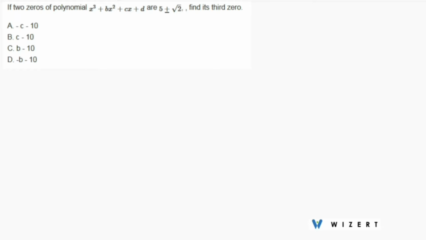We have this question here. If two zeros of polynomial x cube plus bx square plus cx plus d are 5 plus minus root 2, find its third zero. Now since 5 plus root 2 and 5 minus root 2 are two zeros of given polynomial,